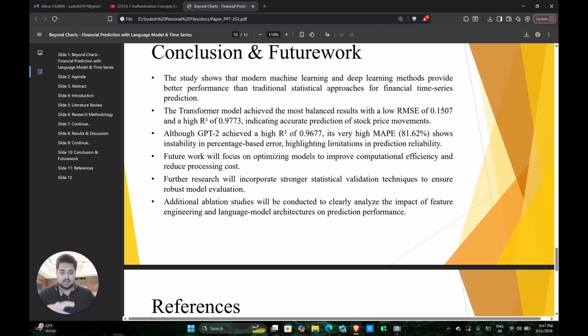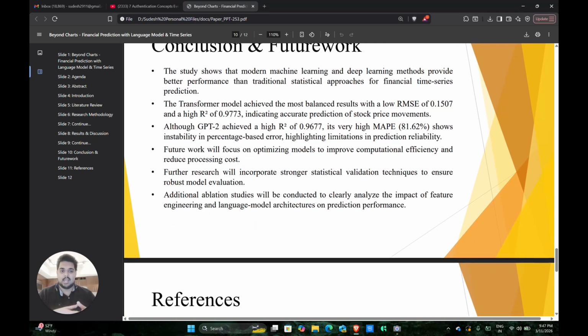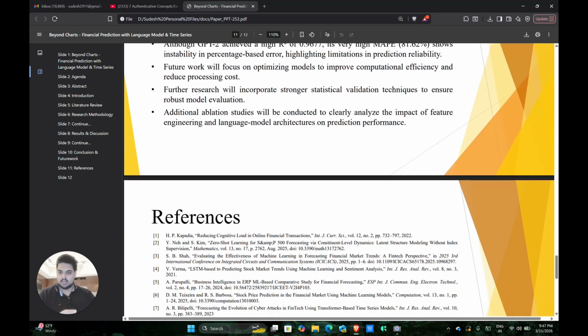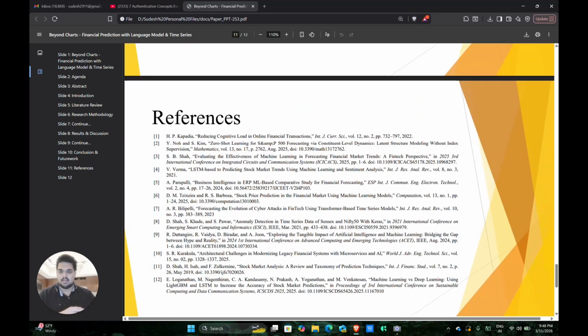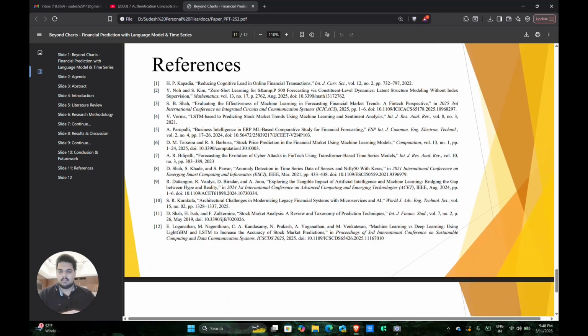And also we can explore architectures of language models. One thing I can think of, which I'm very interested in and would probably be researching in the coming year, is using a small language model. SLMs are going in a good direction for AI research. So an SLM focusing only on stock prediction is something very fascinating, and this is where I could be going next. So yeah, these are the references which I have referred to in my paper, and